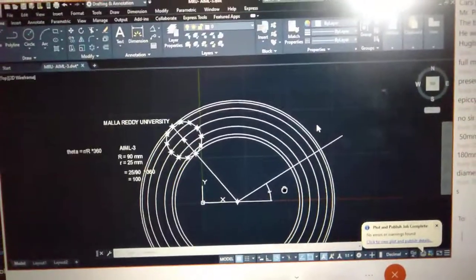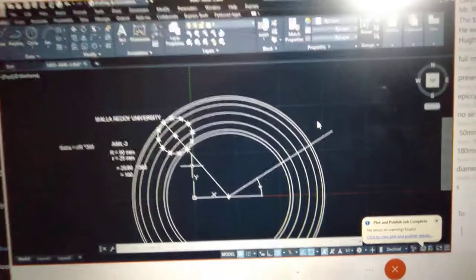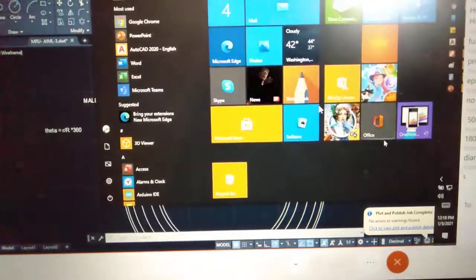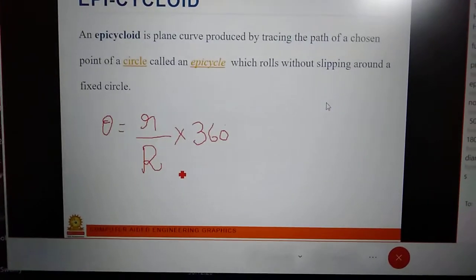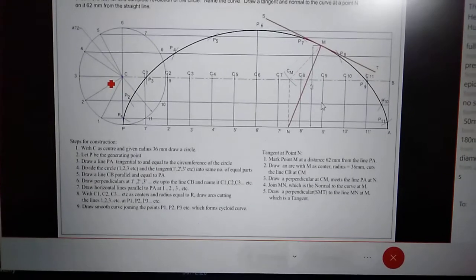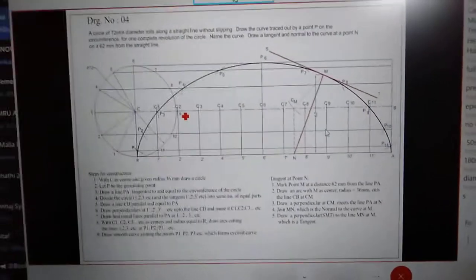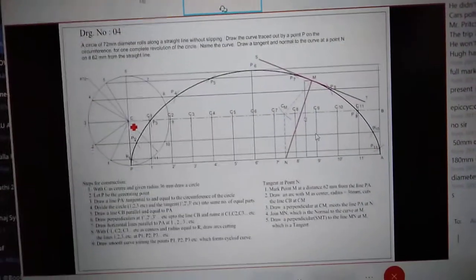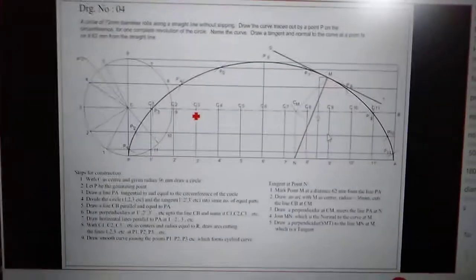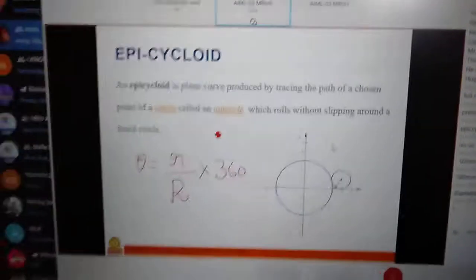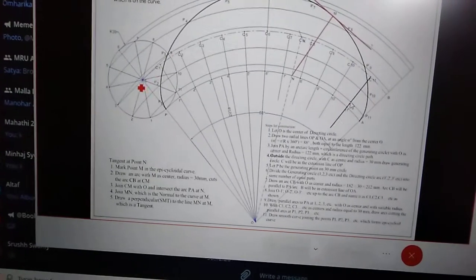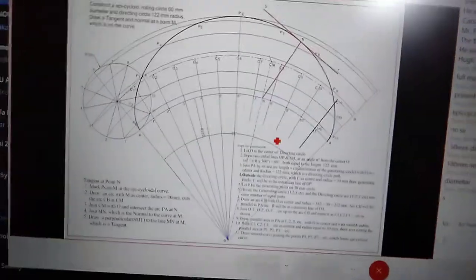Okay, now see here. After drawing this one, see this terminal, all of you. When previously I drew the cycloid, the center line as well as the 3 and 9 points will coincide. See here, 3, C and 9 will coincide. Exactly it will be a straight line. But here, see this one, 3 and 9, the arc will be different. But the center line arc is also going to be different. Now, we need to draw this one.